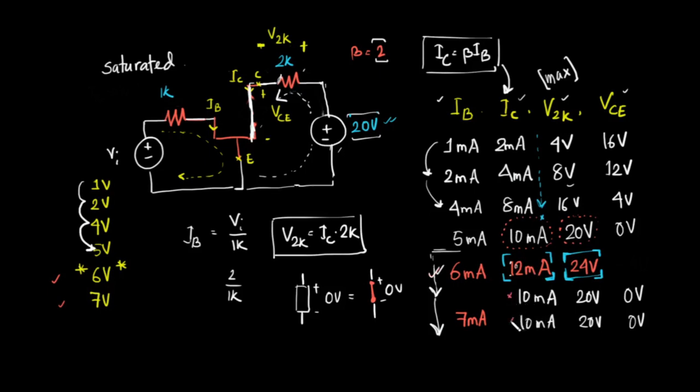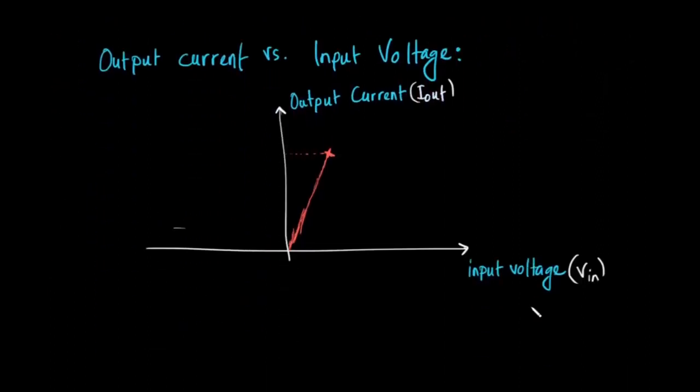As we saw, the output current will not increase. So after reaching that maximum value, the output current becomes constant. No matter how further you increase the voltage, the output current will not increase. This was the input voltage for the maximum current. After this point, if I increase the input voltage even further, the output current will remain at the value that it reached.